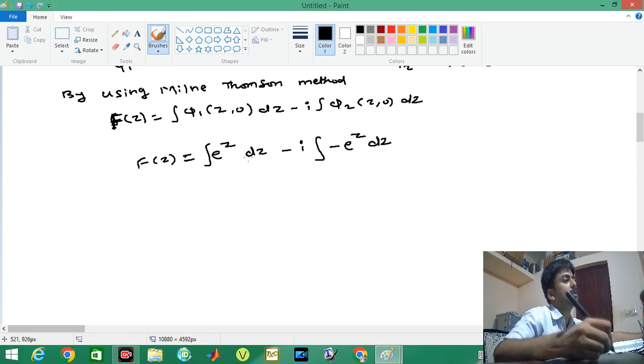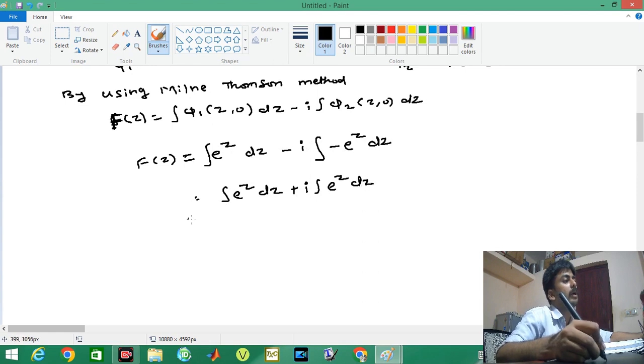So this minus will become plus, so it will be integral e power z dz plus i into integral e power z dz. So integration of e power z with respect to z is e power z itself, plus i into e power z,